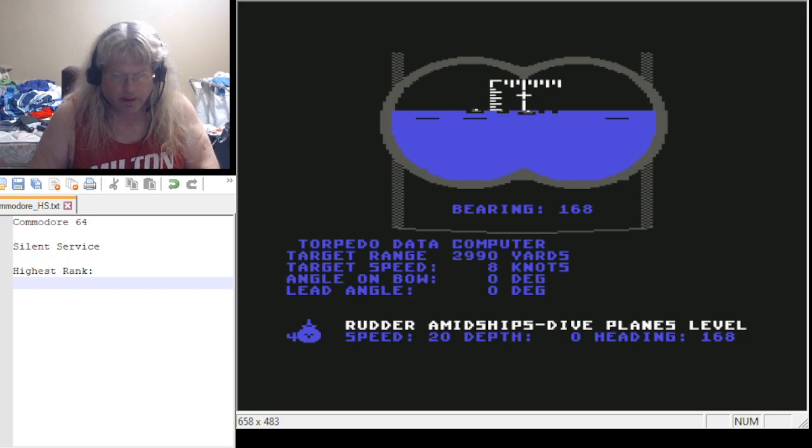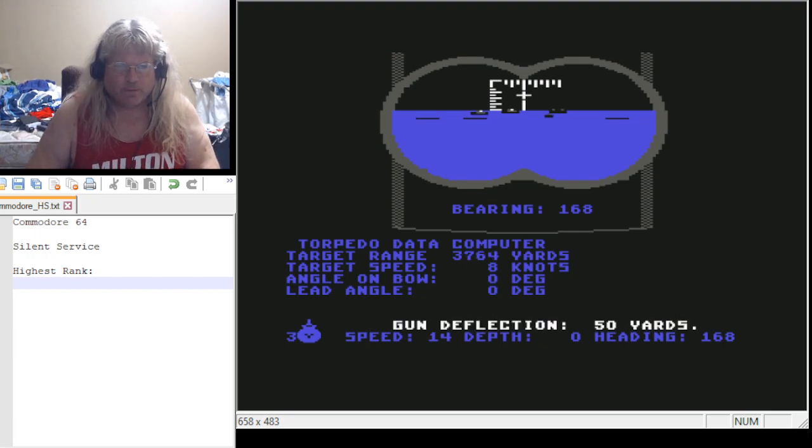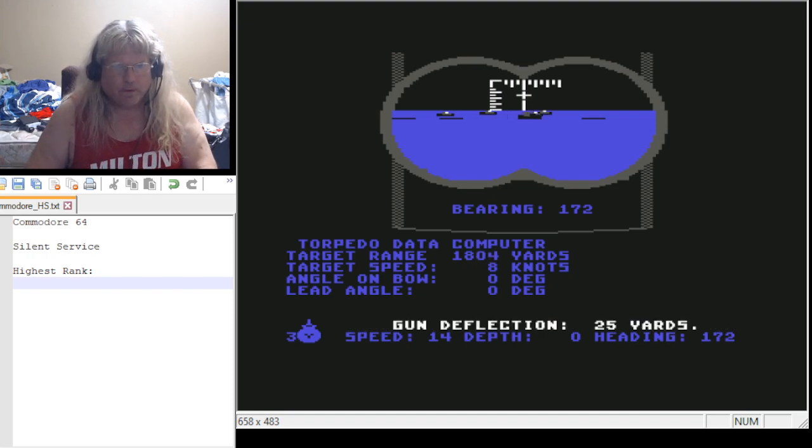Okay, so let's back it off a little bit because I think one of these is getting close. So we're going to do the gun deflection. We want the gun deflection to be at about 50 yards because these things are probably moving away from us. Well, this one isn't. This one's kind of closing in on us. So I better...